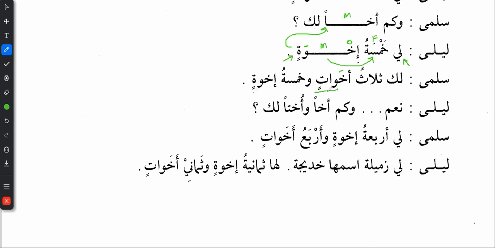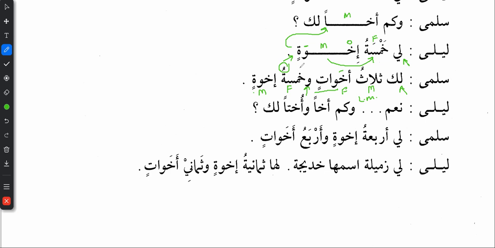There is a major difference. Akhawat is for female and ikhwa is for male. That's why the number is female here, khamsatu, and male here. Since this is a shibh jumla, because the khabar has preceded, this is late mubtada, and because of the atf, it is also following the same